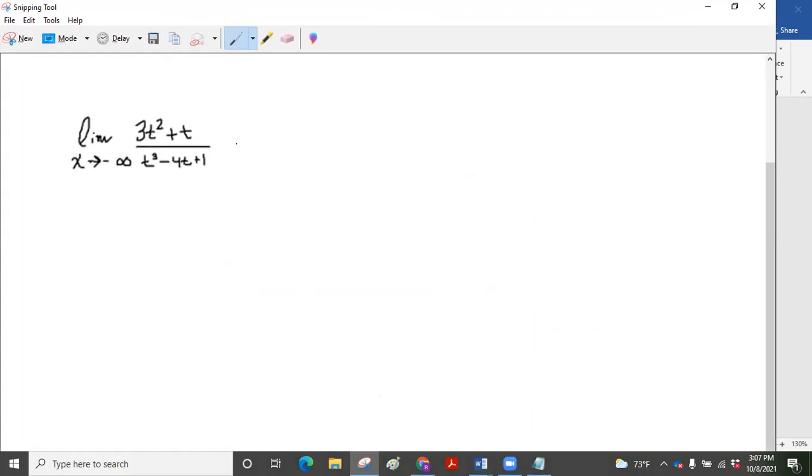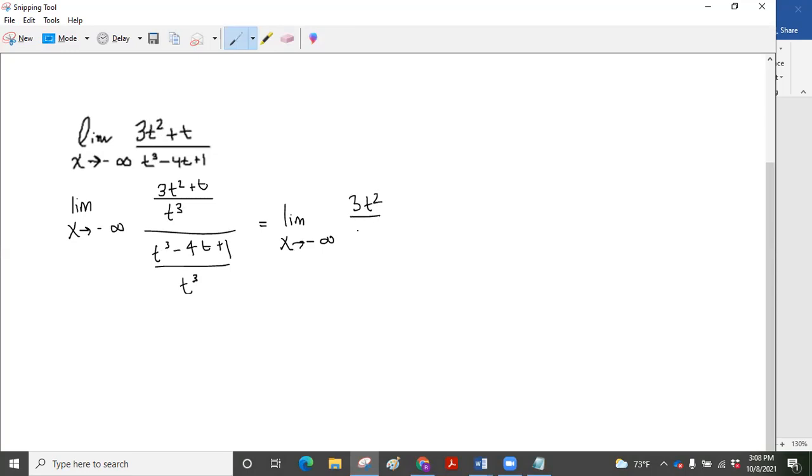So what we'll do is say the limit as x approaches negative infinity. We'll divide by the greatest power in the denominator, which is t to the third. So what we're essentially doing is dividing by 3t squared plus t over t to the third, and then t to the third minus 4t plus 1 over t to the third, which equals the limit as x approaches negative infinity of 3t squared over t to the third plus t over t to the third over t to the third over t to the third minus 4t over t to the third